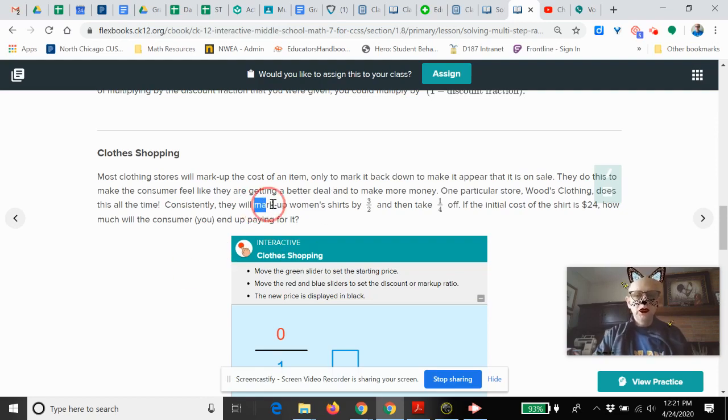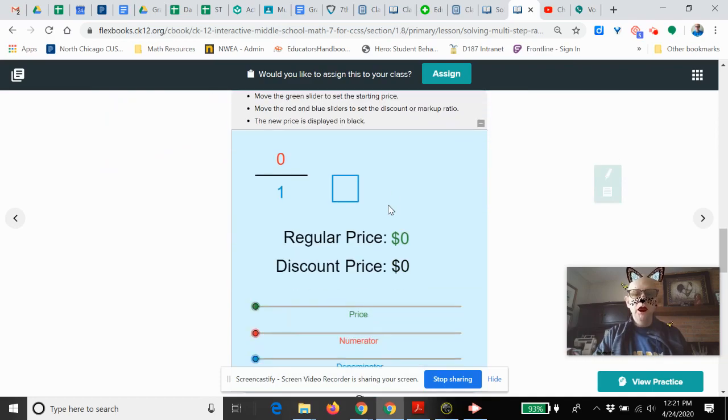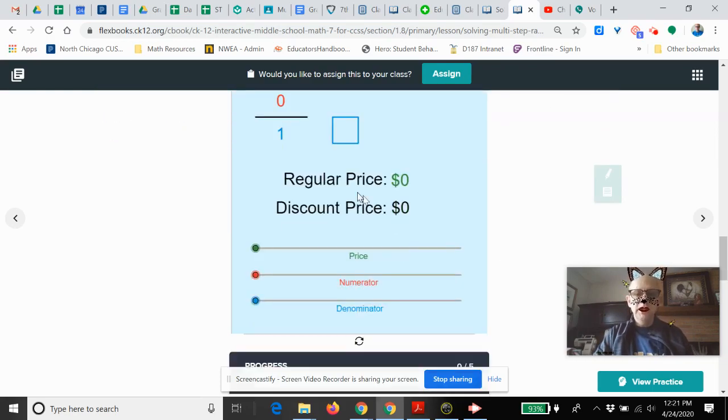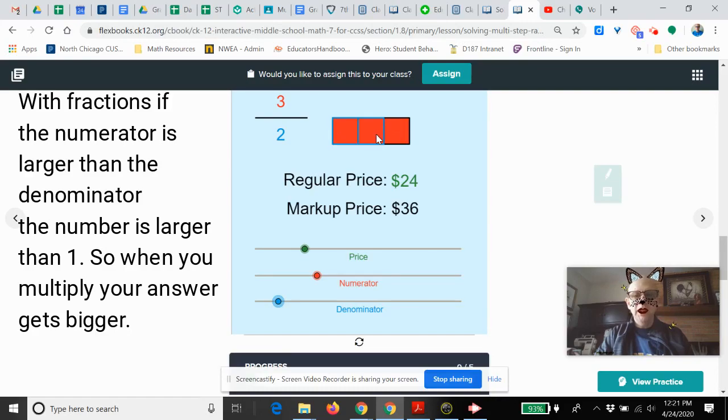So let's take a look at this one right here. Markup 3 by 2. So the original price was $24. And this is going to help us do the markup. So we put this at 24. And we're going to mark up 3 by 2. 1, 2, 3 by 2. Okay. Notice how we've got the squares again like we did before, except we've got some blue